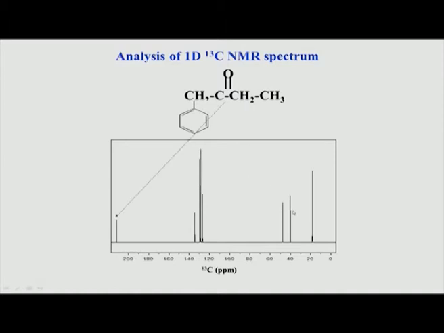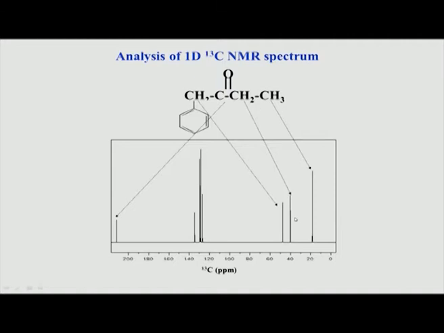So, let us see the assignments. This carbonyl is this peak which we already saw, this methyl is this, and you can see here that because of the double electron withdrawing groups present on this carbon, it is a little bit more downfield shifted compared to this carbon, which is only attached to one CO, which is electron withdrawing. Whereas this carbon has two electron withdrawing groups close to each other, directly bonded, therefore you expect a downfield shift.